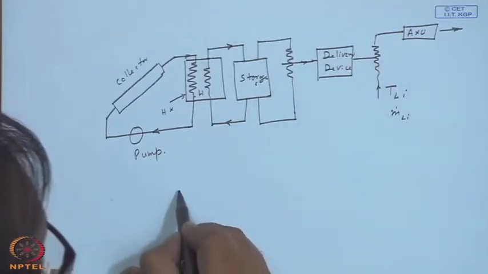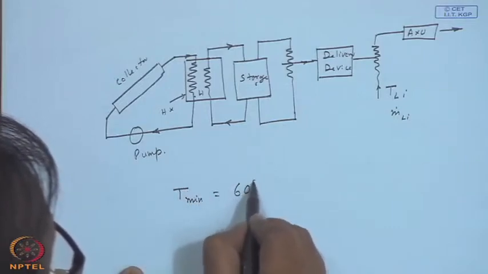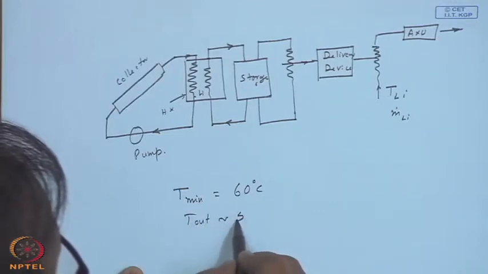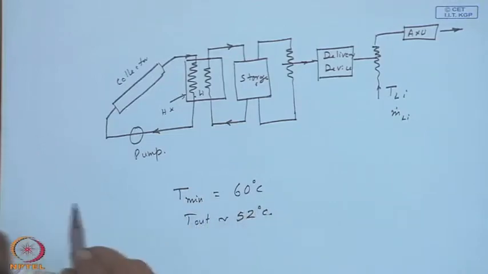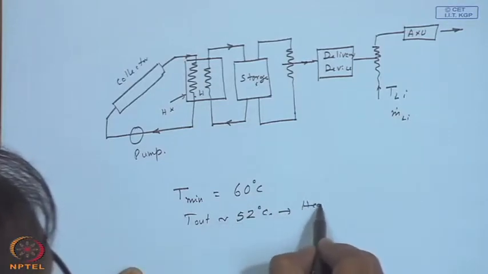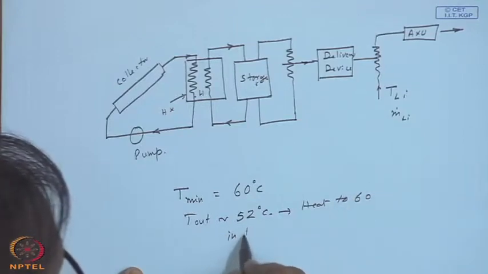Suppose you want T minimum at 60, but my T out is 52. So, what I can do is take this 52 heat to 60 in the auxiliary,